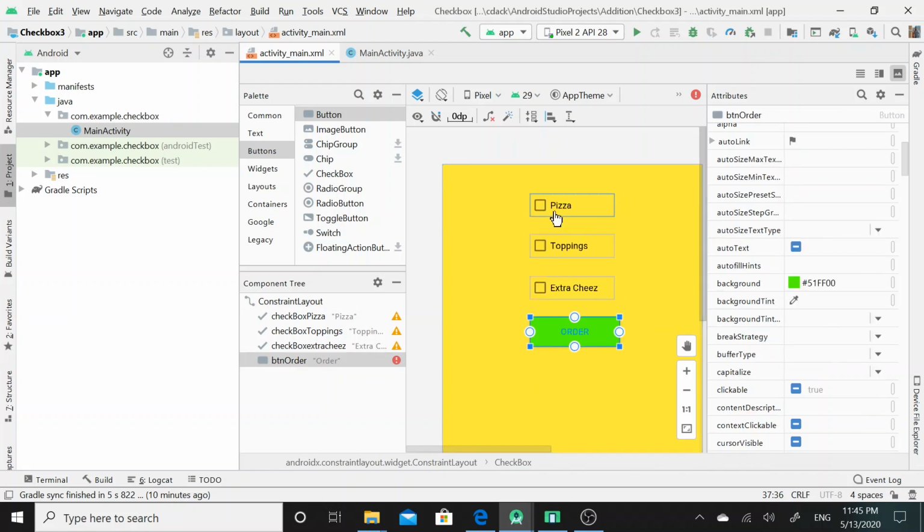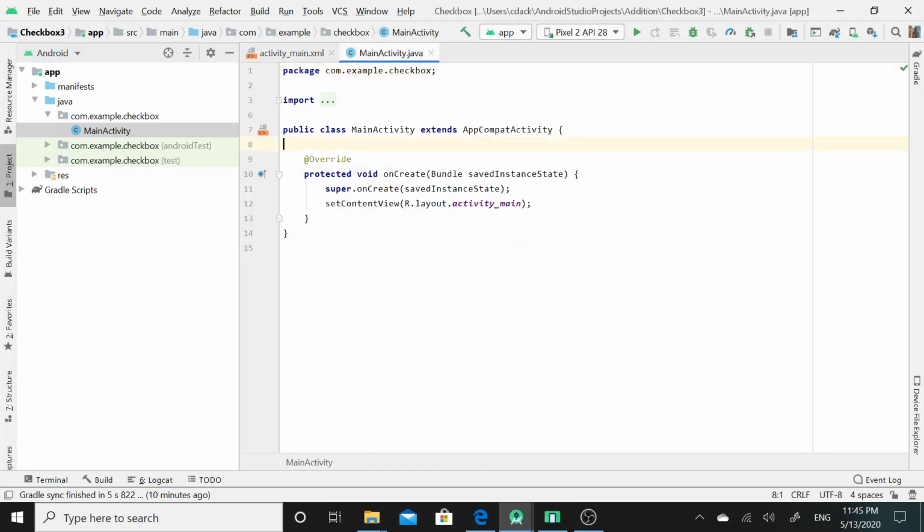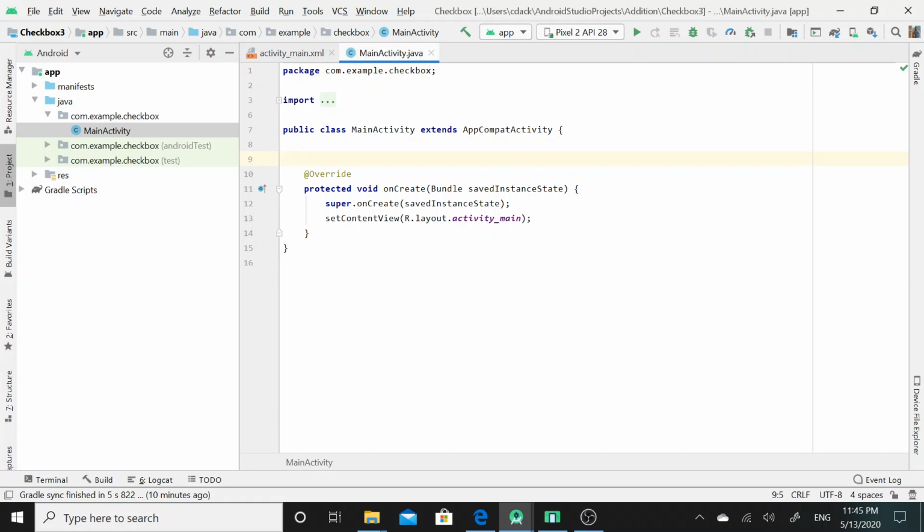Now I shall click on the MainActivity.java file. Here I need to create 3 references for all 3 checkboxes.